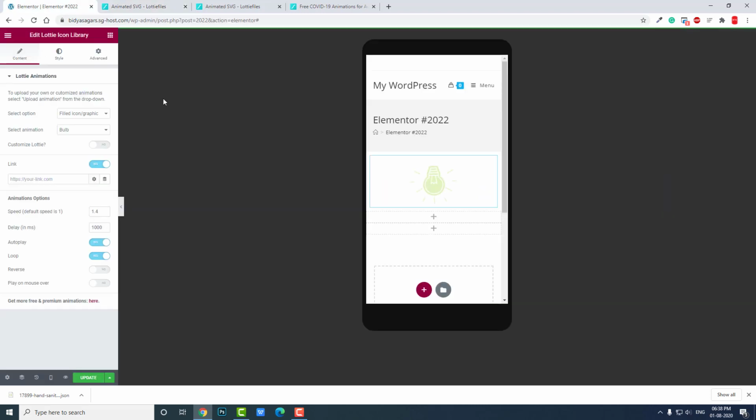That's how you insert Lottie animations in your Elementor web design. You don't have to worry about how to design these animations. The plugin developer or animation designers will do all that for you. You just have to concern yourself with how to manage the page layout in your website, where to put these animations,